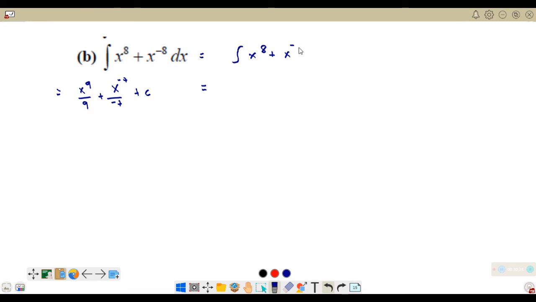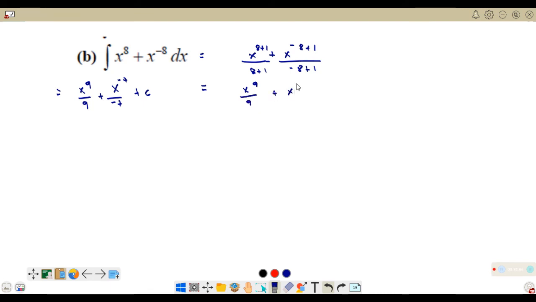So, gagawin lang natin dito ay plus 1, tapos copy sa denominator. Eight plus 1, negative 8 plus 1. So, we have x raised to the power of 9 over 9